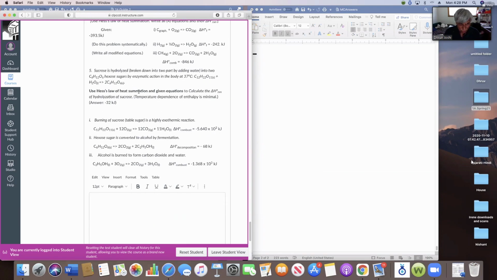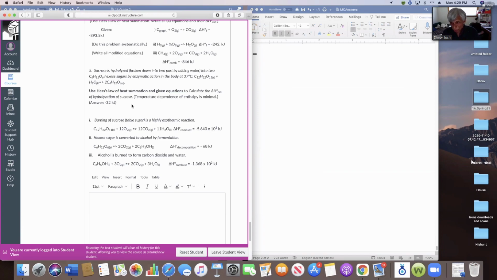Use Hess's law of summation and the given equations to calculate delta H reaction of the hydrolyzation of glucose. Hydrolyzation, as I explained, means breaking down using water. There are many reactions in the human body where water is used with enzymes to break down certain chemicals like sucrose. So when we eat sucrose,